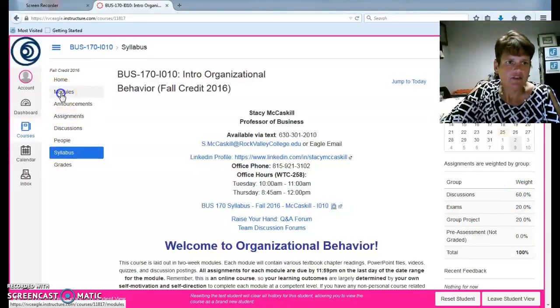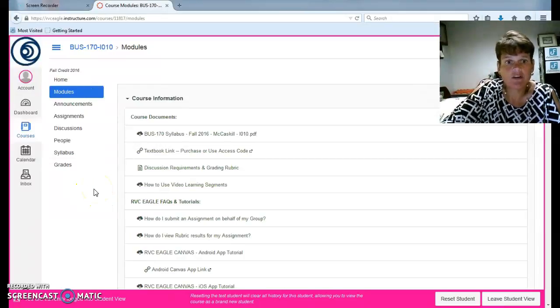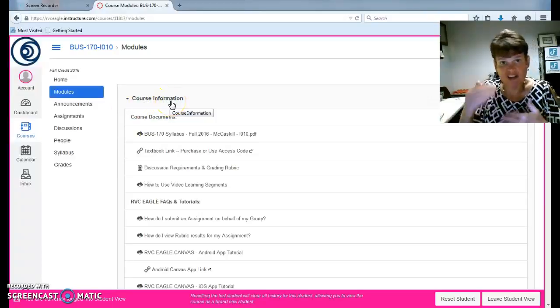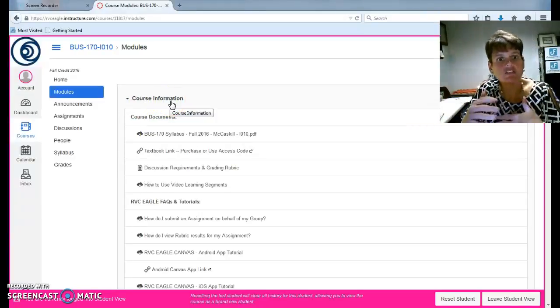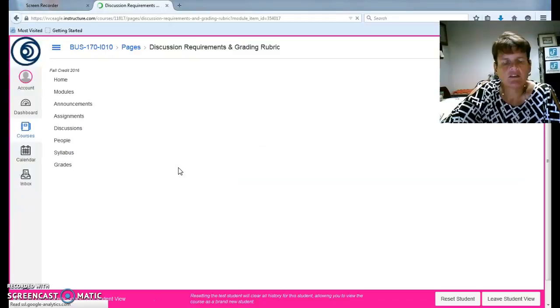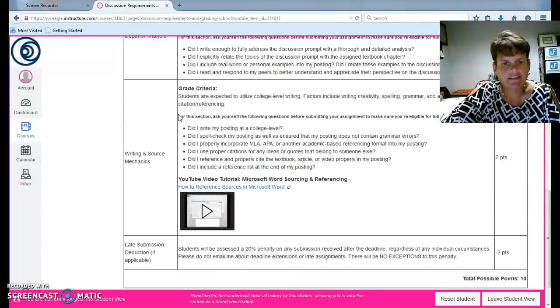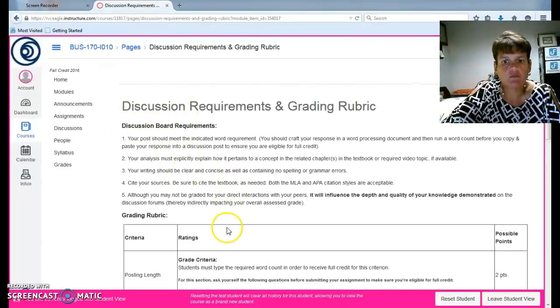So let's go back to the section on the site that talks about the discussion requirements. Since that is 60% of your grade, you really need to read this discussion requirements and grading rubric. This is listed under the very first module that's listed in there called course information. If you click into that, there's a rubric here that you can click into. And this gives you a very detailed discussion requirements and a grading rubric. And I won't take time in this video to go over all this, but be sure to read through this so that you can create a really good